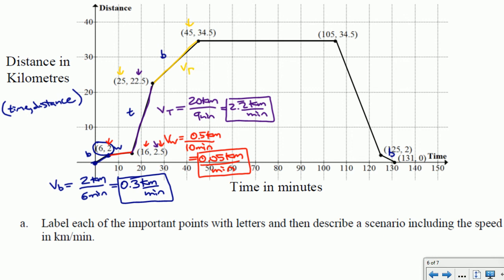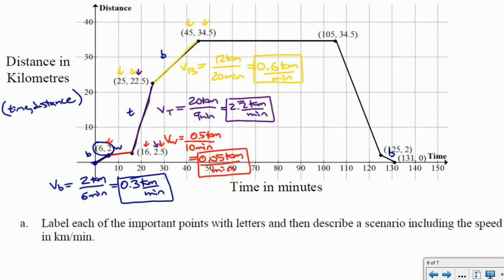So his speed on the bus is going to be 45 minus 25 minutes in total. So total time on the bus then is 20 minutes. And his distance covered on the bus goes from 22.5 kilometers to 34.5 kilometers. So if we go 34.5 minus 22.5, that gives us 12 kilometers. And then in our calculator, we do 12 divided by 20, which gives us a speed of 0.6 kilometers per